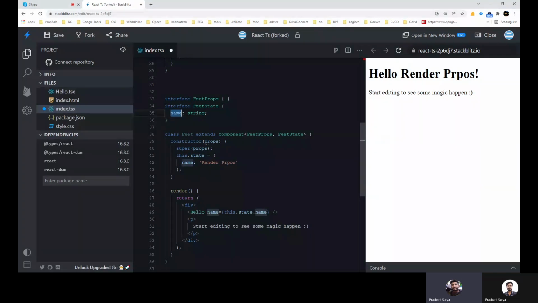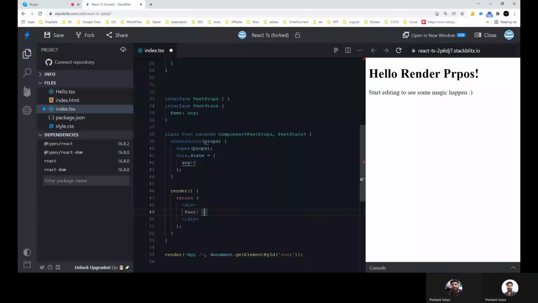Basically we will take the input in feet, which can be of any type, and let's suppose the default value is 0. We don't need this one. This will be this.state.feet.